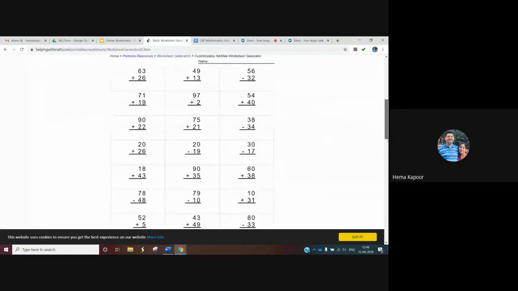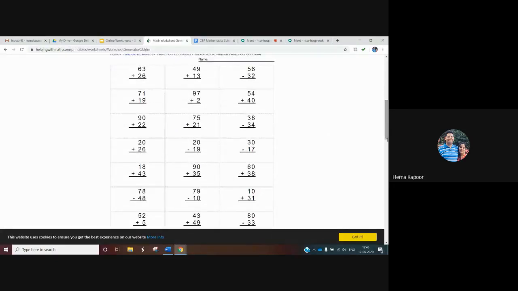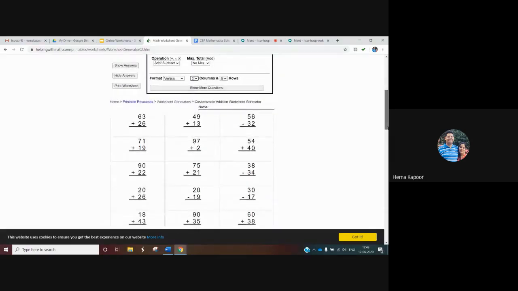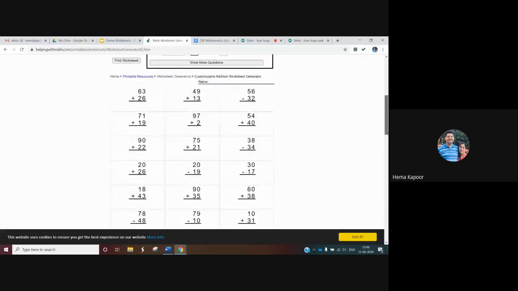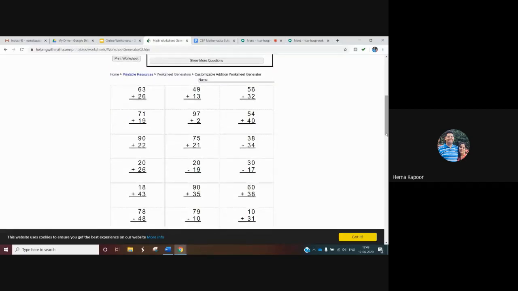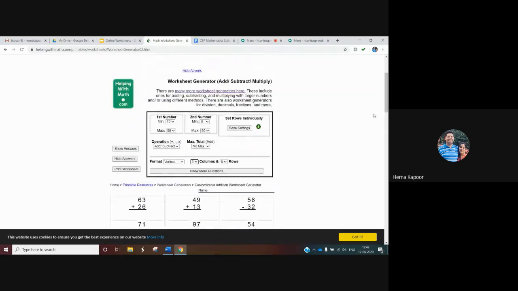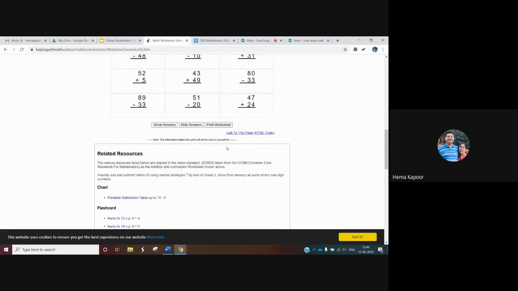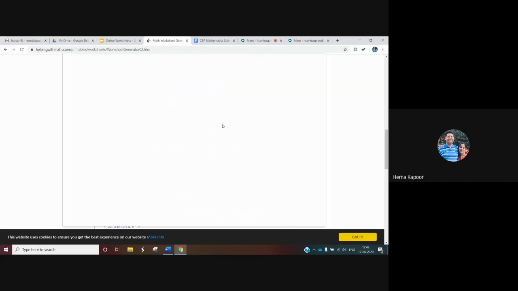See how within seconds, in the time that we are discussing what we need to keep and what the options are, you can see how quickly the worksheet is generated. And lots of questions, lots and lots of questions. If you want to create more, you can go again to the generator and create more questions. Now the last one is print. So I'll print this worksheet,